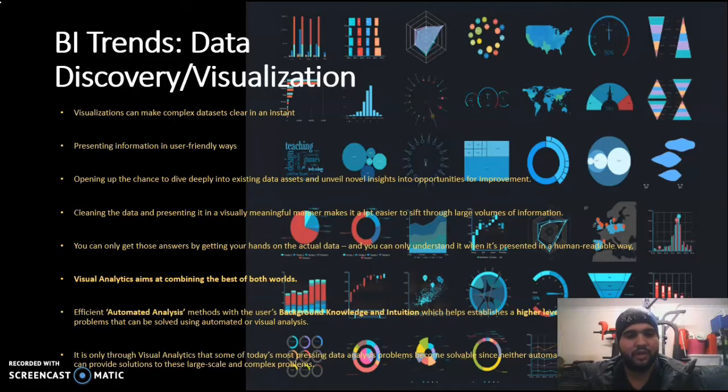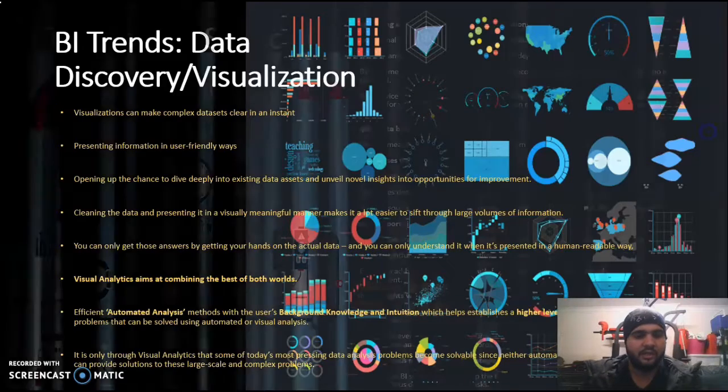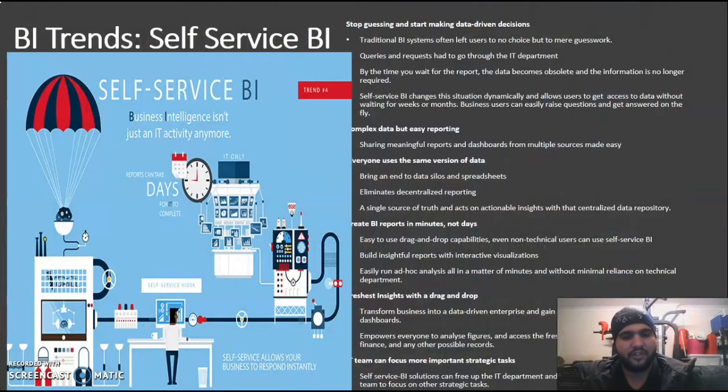We know that with the help of a picture we can easily get the data and easily understand the data. So data visualization gives us the chance to turn all the complex data into a simpler form, in the form of a picture. It can be a bar graph, line chart, or a geographical representation of data. And the second one is self-service BI.